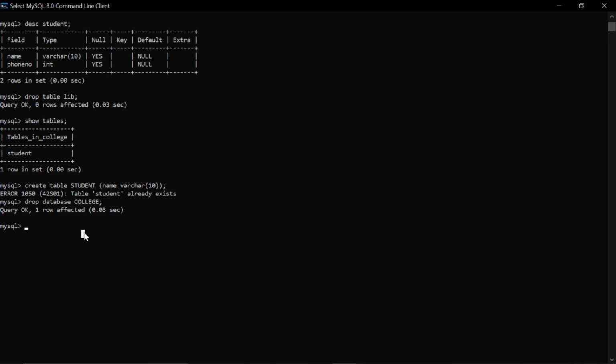So this is how we see how to create databases and tables, and how to delete those. So we have completed two commands, that is the create and drop commands. In the next video we will see another DDL command, that is alter. The alter command is used to make changes in our table. That is, if you want to add a column in that particular table, you can do that with the help of the alter command. In the next video we'll see how to use the alter command.